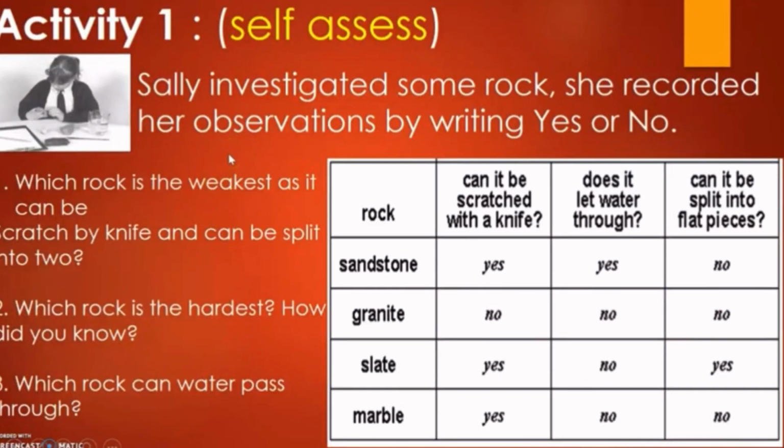Now let's have our activity. Sally investigated some rocks. She recorded her observations by writing yes or no. Here are the rocks that she investigated: sandstone, granite, slate, and marble. She found out, using a knife to scratch,